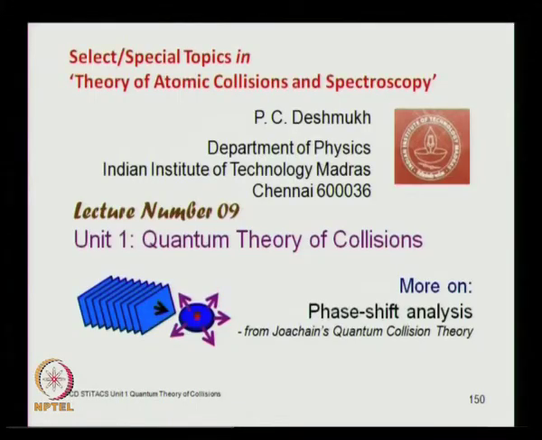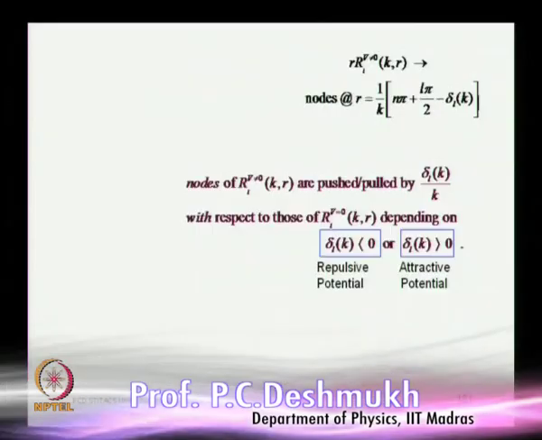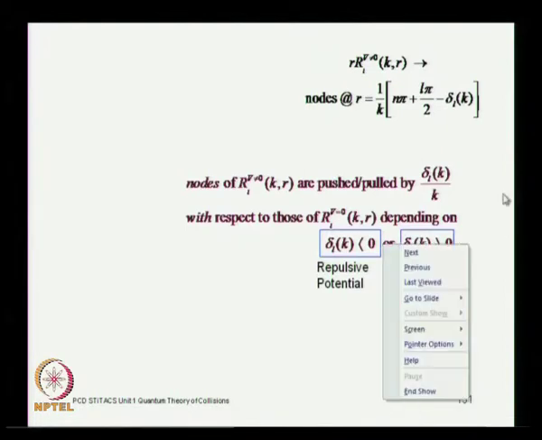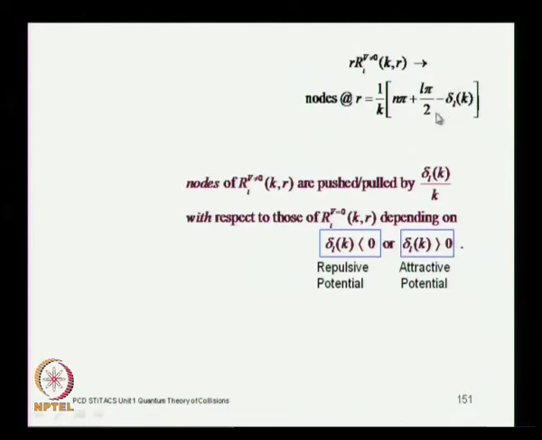Greetings. So we had some discussion on the phase shifts and what kind of information they bring to us when you perform a collision experiment, and in particular we saw that when you have a phase shift, it changes the position of the nodes of the radial function. This is what we discussed last time, that nodes of the radial wave function are either pushed or pulled depending on whether the potential is repulsive or attractive,